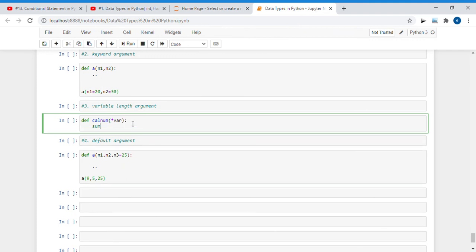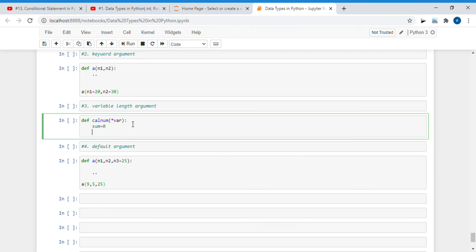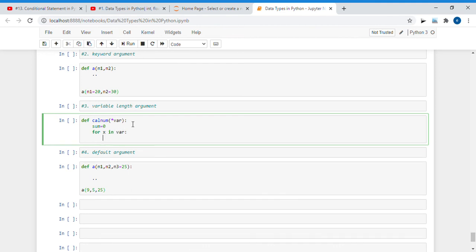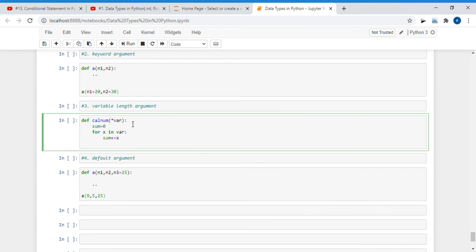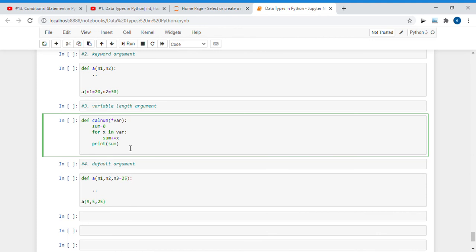I write here the code: sum is equal to 0, for x in var, add to sum, and print that particular sum. So this is all about the code inside the function.